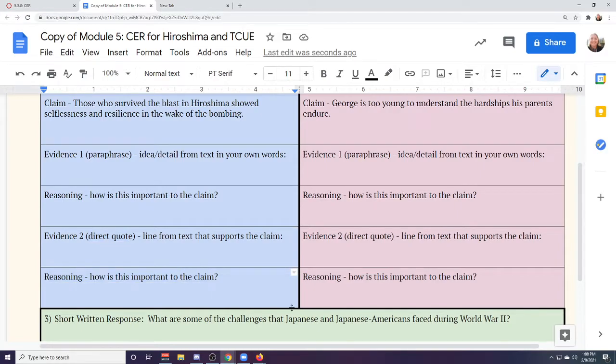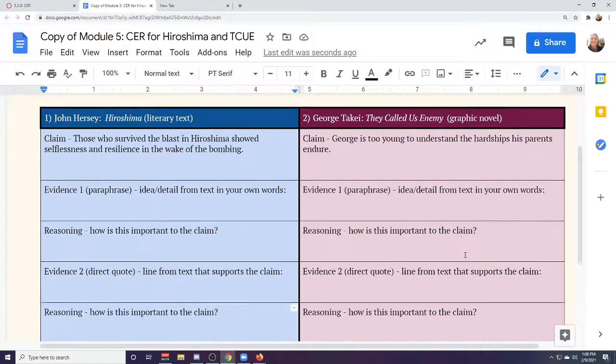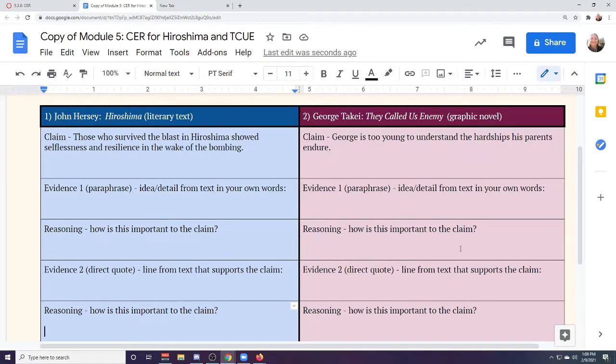and then provide reasoning for it below. You're going to do the same thing on the other side, only this time you're going to use it for the graphic novel They Called Us Enemy. And so your claim for the graphic novel is George is too young to understand the hardships his parents endure. And so what you're going to do is you're going to find me a piece of evidence. Now, because this is a graphic novel, I won't be too picky. If you want to give me a quote instead of a paraphrase, that's fine. If you want to give me a paraphrase instead of a quote, that's fine too. If you just want to explain to me what one of the panels look like, that's also fine too,